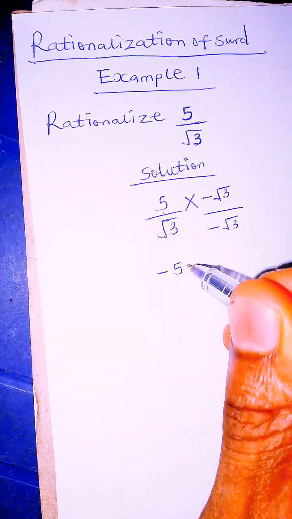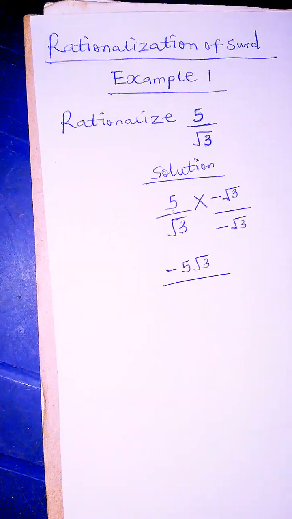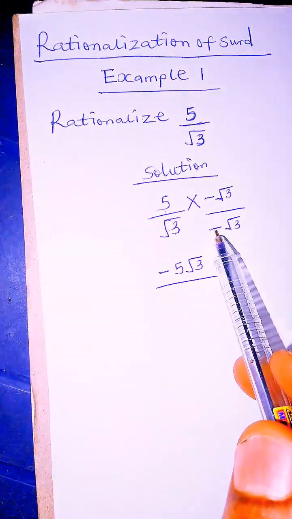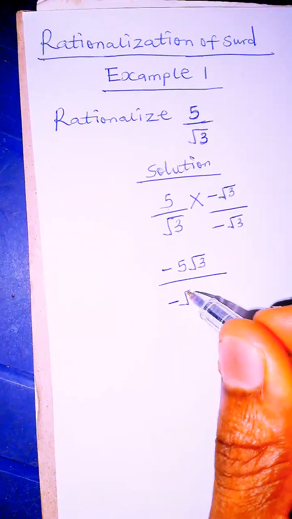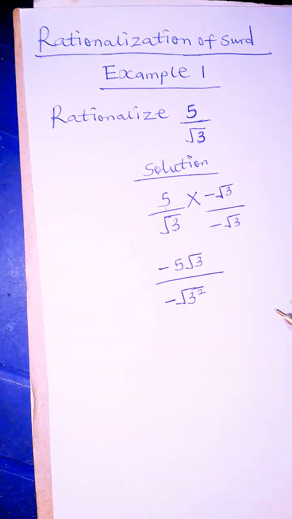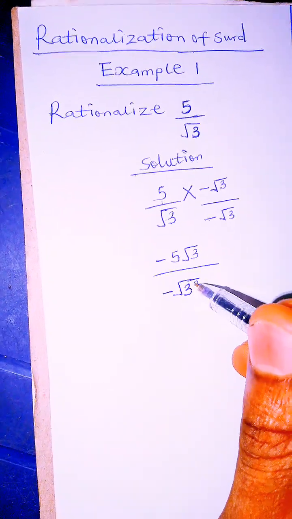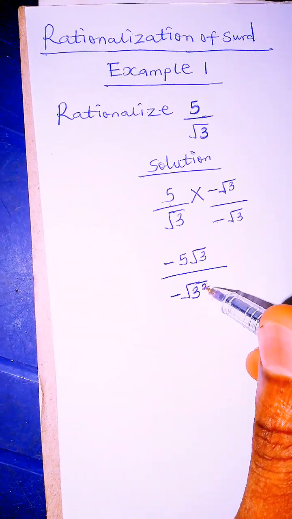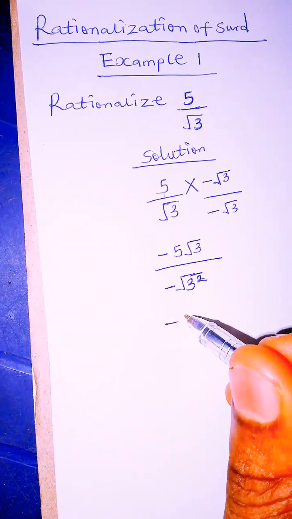5 times minus root 3 is what? Minus 5 root 3, divided by. Now we take this minus root what? 3 squared. Since the surds are the same, it will give me root 3 squared, such that I have minus 5